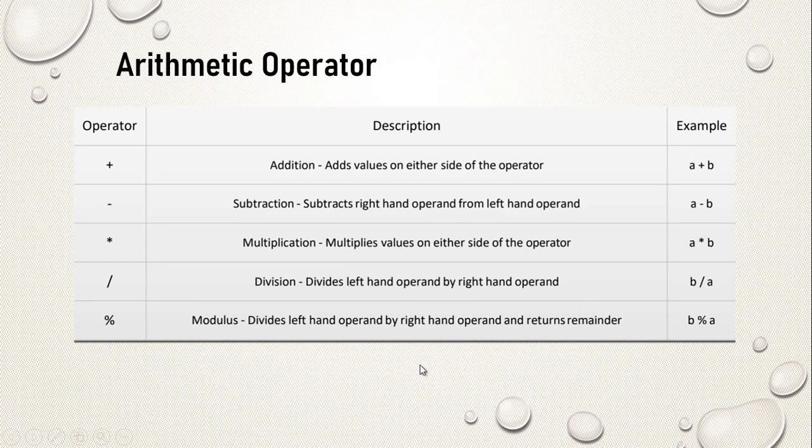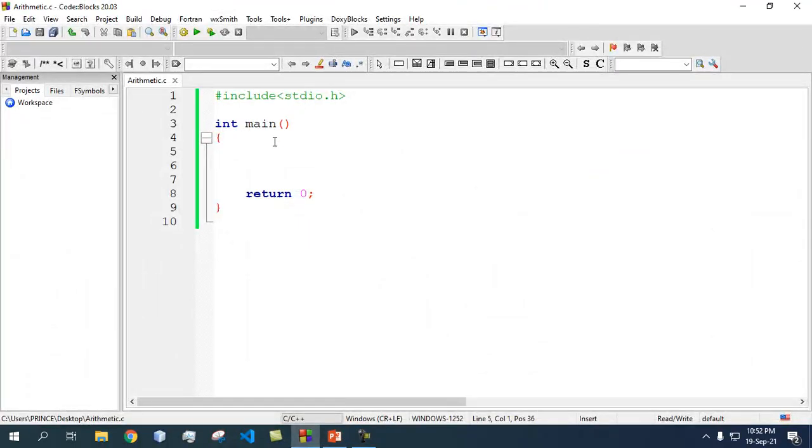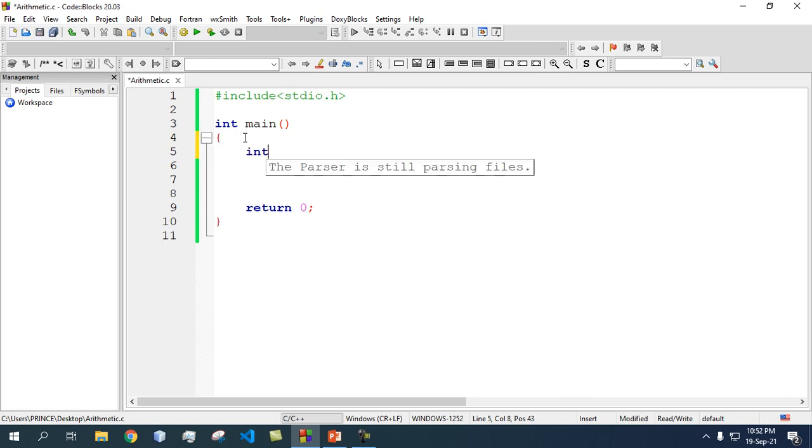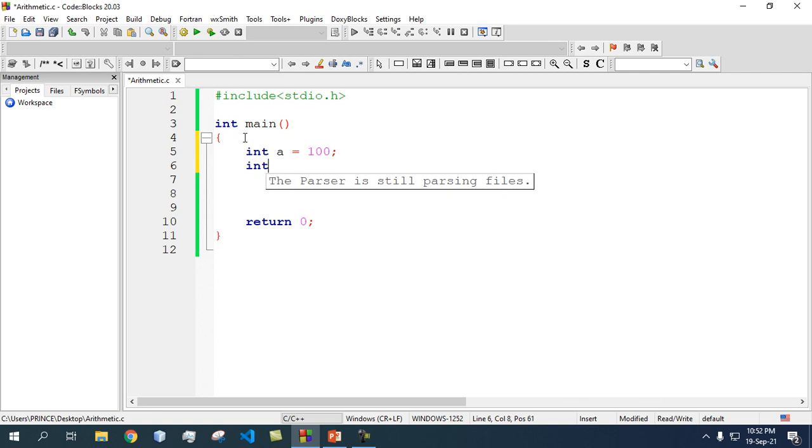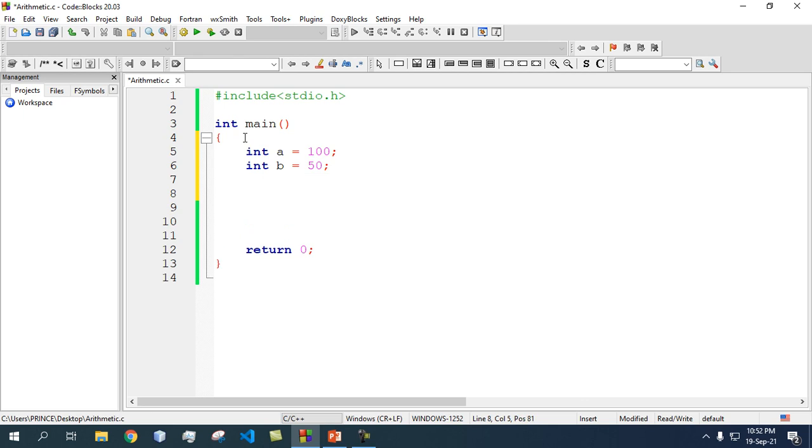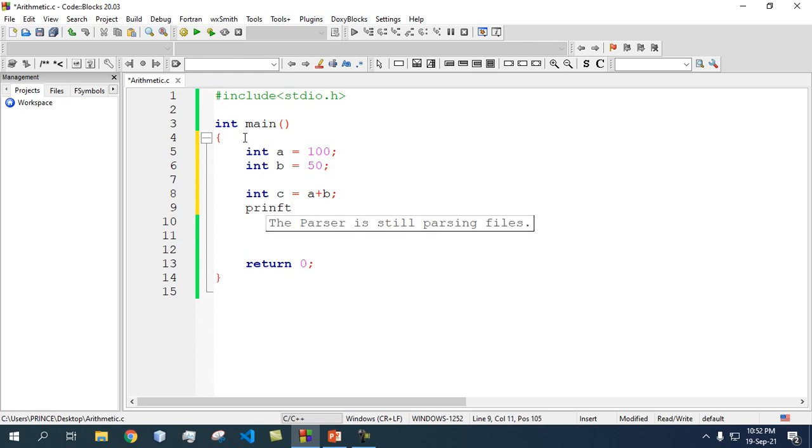So let us go to the code and see what happens here. So here is our new file written in arithmetic.c. First of all we take a data type, an integer, and initialize it with 100. Again we take another integer and initialize it with 50. And if I initialize another number c with a plus b and give it to printf,